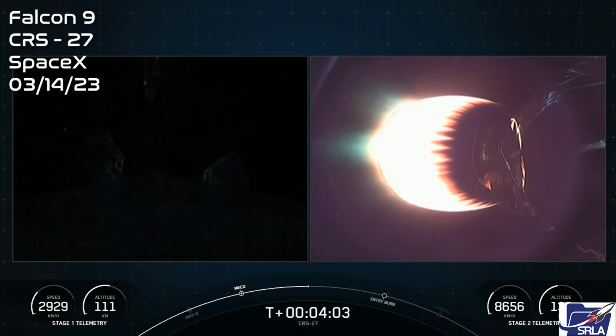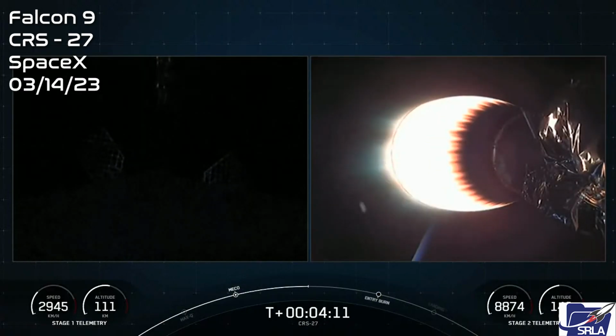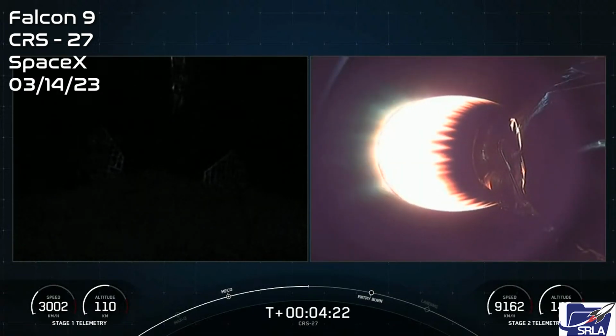The second stage, and you can see that MVAC engine there. As a reminder, today's mission marks the 7th flight for this Falcon 9 booster, which previously supported the Amazonas Nexus mission, SES-22, ispace's Hakuto-R Mission 1, and 3 Starlink missions. Now, in order to make its way back to our drone ship, A Shortfall of Gravitas, it has 2 more burns to execute. The first is the entry burn, where 3 of the Merlin engines, engines 1, 5, and 9,